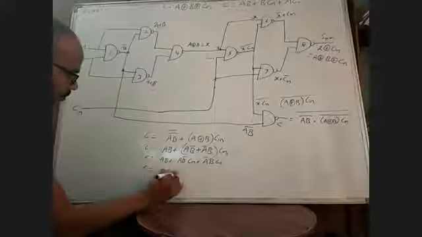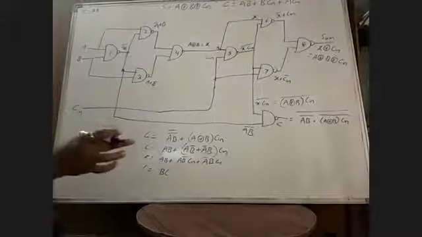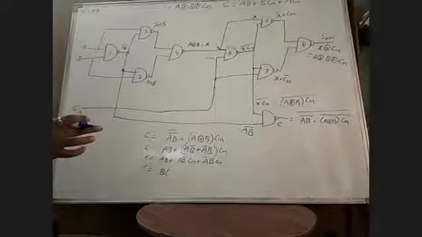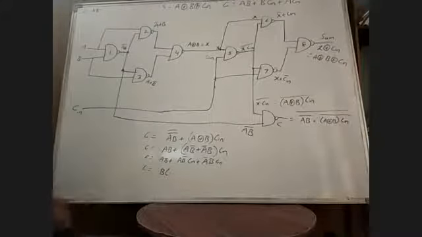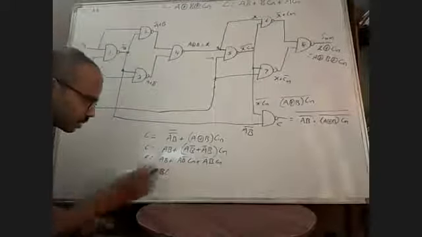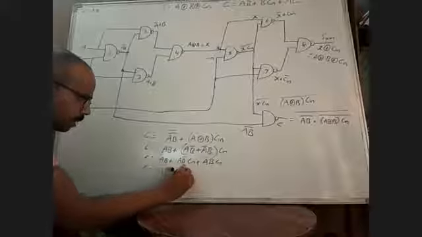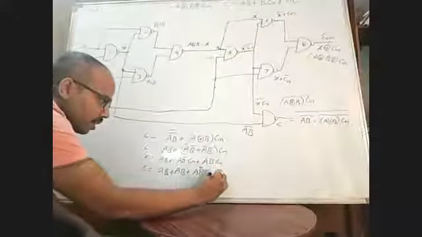In C in, if I take B as common from these two terms, careful, look, if you have doubts. I am writing this expression as AB plus AB plus AB bar C in plus A bar B C in. I can write 1 as 1 plus 1, right. I can write A as A plus A. Similarly, I am writing AB as AB plus AB. Here AB can be written as AB plus AB.